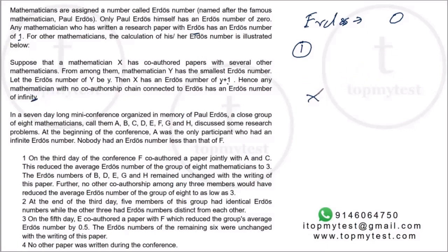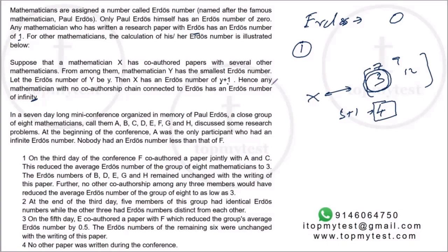So if I am writing a research paper with some other people, right? So you have people with Erdos numbers 7, 3, 9, and 12. Suppose the 5 of us write a paper, right? It says, then among them, whoever is the smallest, I'll pick first. So 3 is the smallest that I have, right? My Erdos number will not be 3. My Erdos number will be 3 plus 1, which will become 4. This will be my Erdos number once I have co-authored this paper.